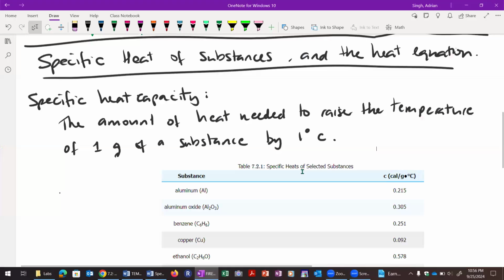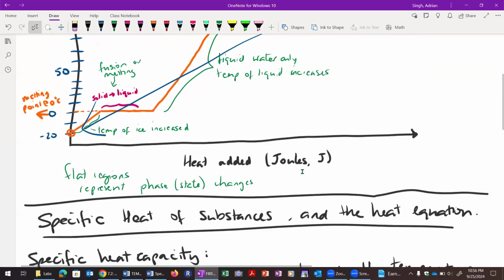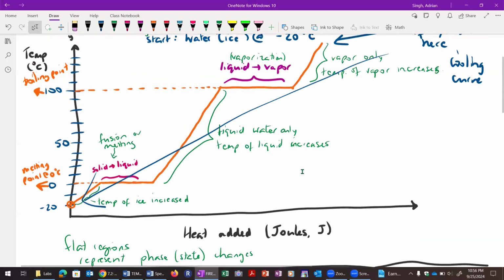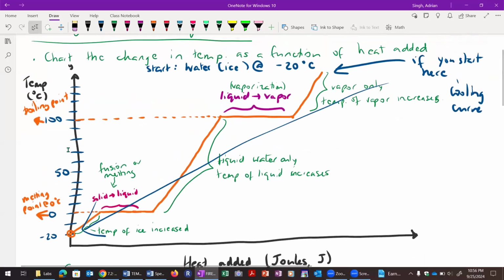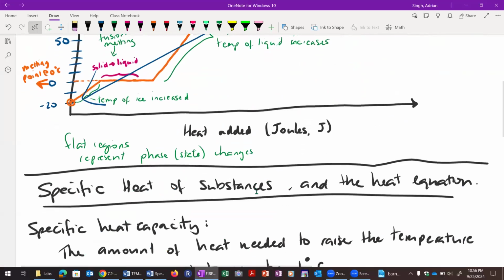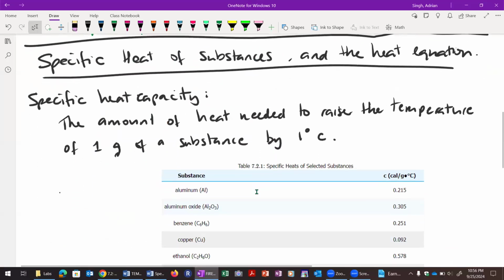Okay, so now that we've taken a look at how heat can affect the physical state and how we can relate that to temperature changes and our heating curve, let's take a look at another property of substances and how it affects the amount of heat that is transferred, either gained or lost, and then also how that affects temperature. And that characteristic of substances is the specific heat, sometimes called the specific heat capacity of a